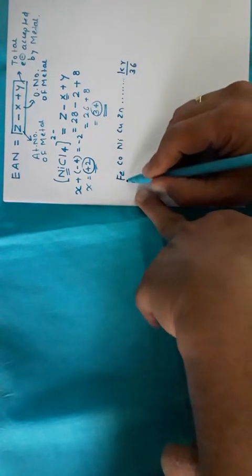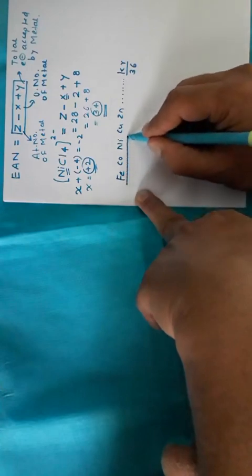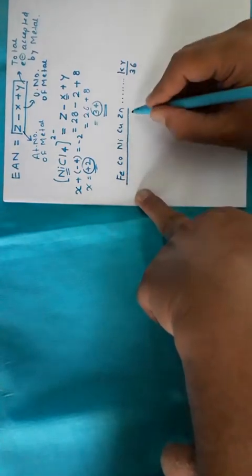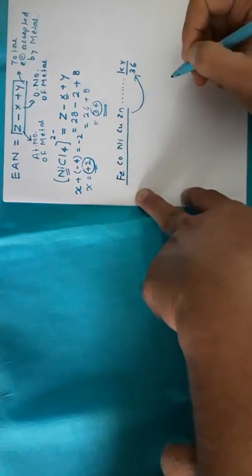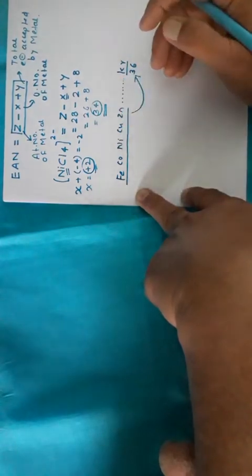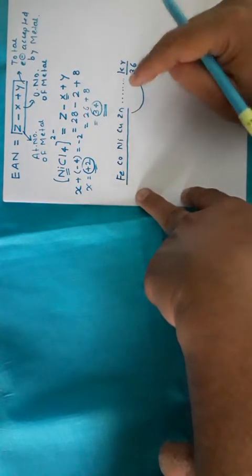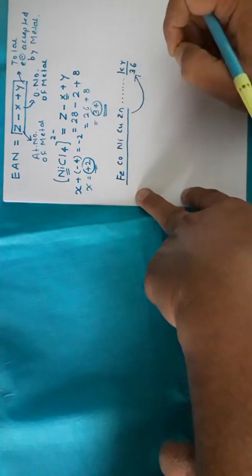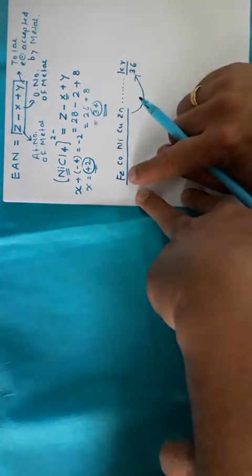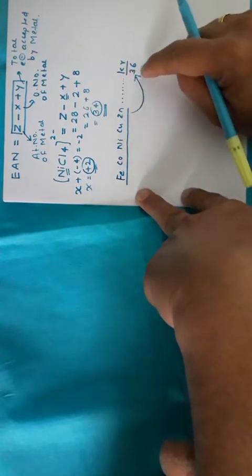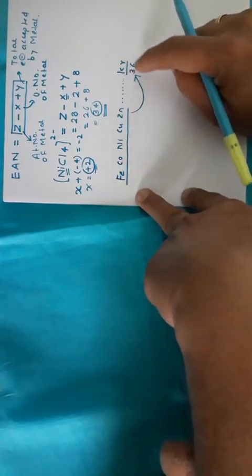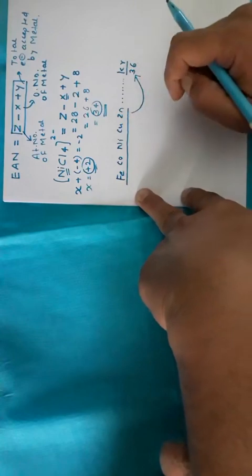Now all these d block elements, when they are forming complexes, try to achieve this inert gas configuration. Just like sodium tries to achieve the inert gas configuration, chlorine tries to achieve the inert gas configuration. In a similar manner, these d block elements also try to achieve the atomic number of an inert gas, which is called inert gas configuration.